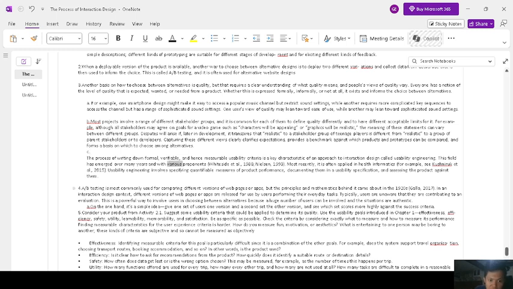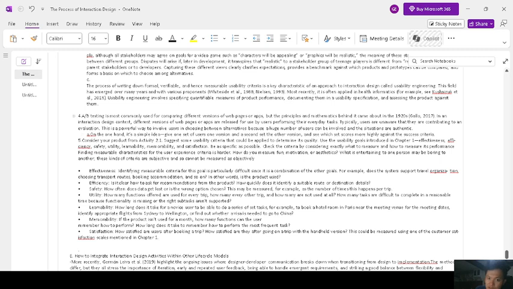The process of writing down formal, verifiable, and hence measurable usability criteria is a key characteristic of an approach to interaction design called usability engineering. So usability engineering is about being clear and writing down. It's about a process, a framework that you're trying to create to measure criteria, usability criteria, and then improve that as your project